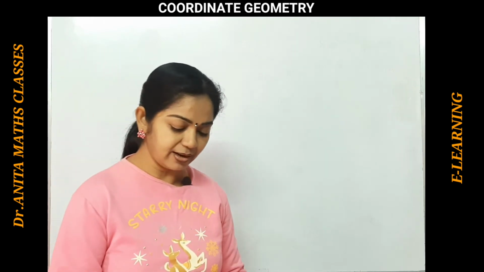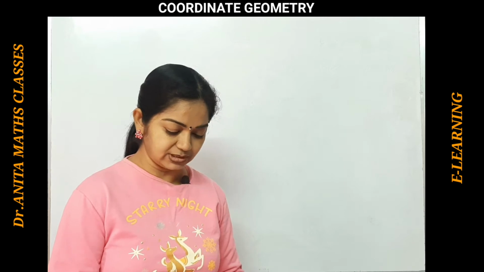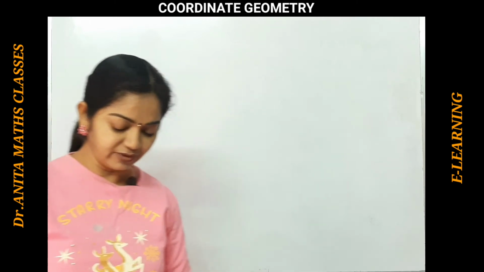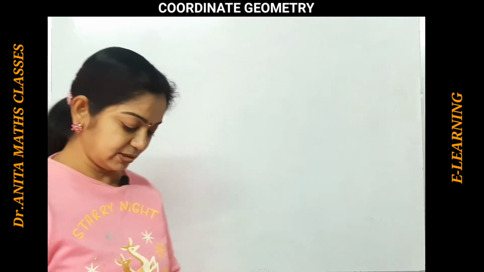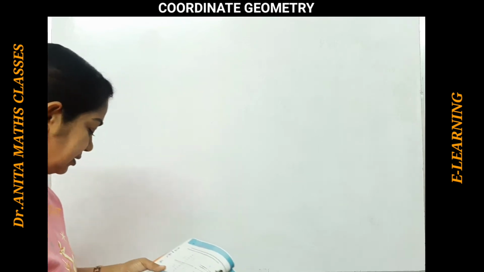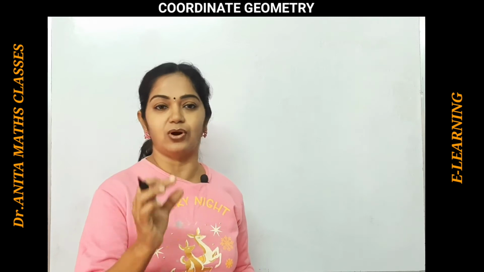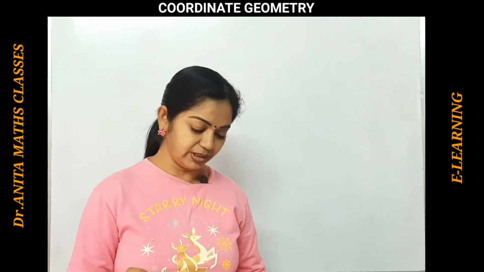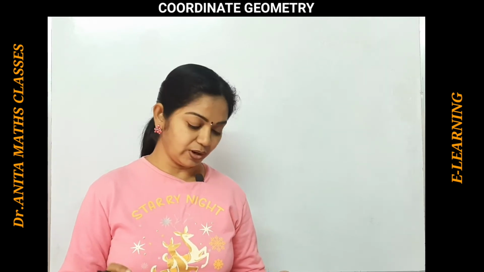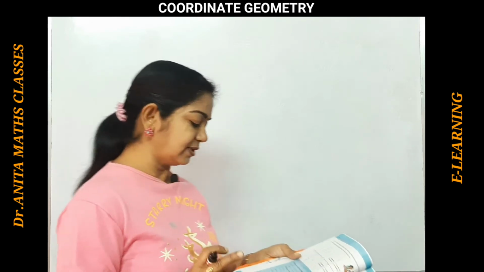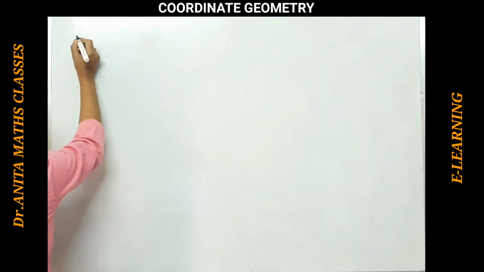Write the abscissa and the ordinates of the following points. This is the second bit. Already I have done the first bit in the first video lesson. Write the abscissa and the ordinate. The abscissa is the x coordinate of the point and the ordinate is the y coordinate. Now it is just asking for the points, what is the abscissa and the ordinate.